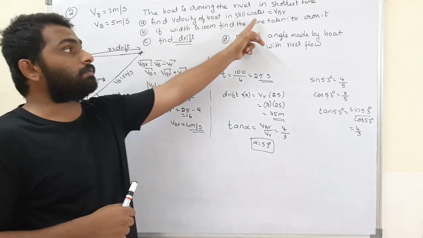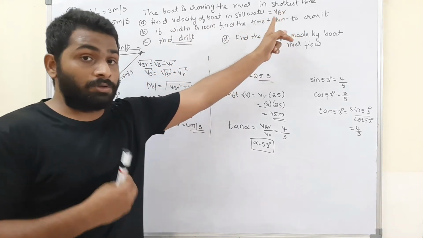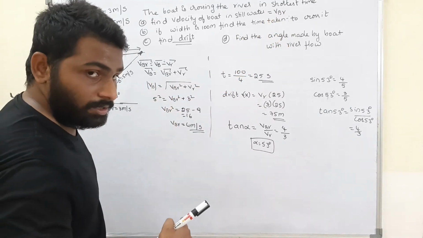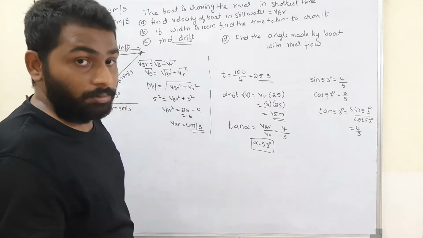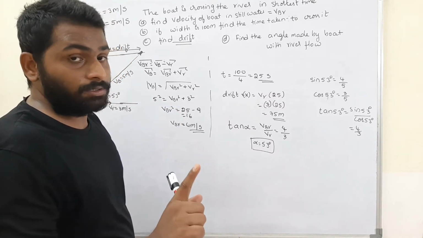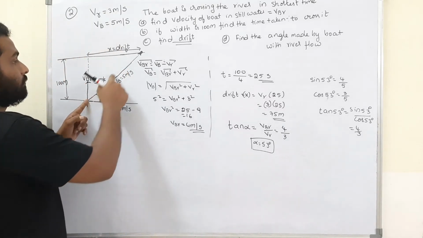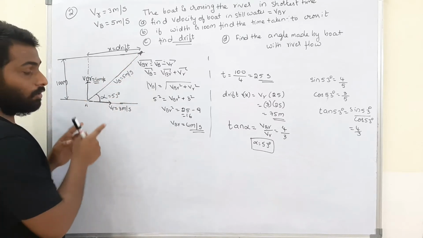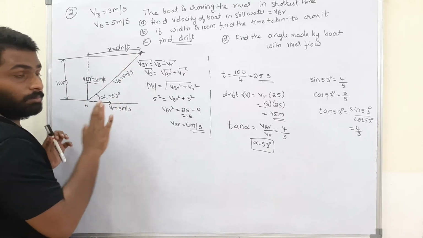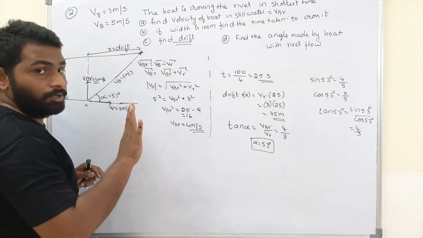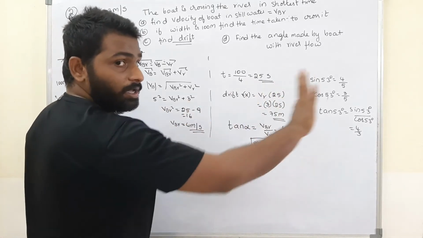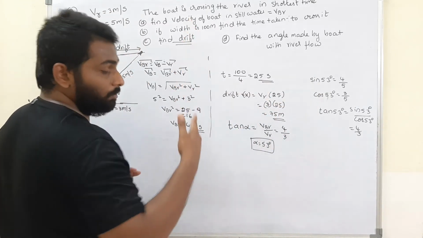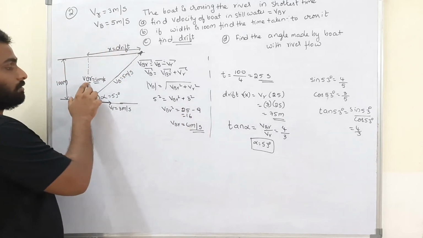First point, we have to find VBR. Now I know in shortest time, the velocity of the boat has to stay straight. If the boat is sailing straight, then it will reach in shortest time. But the path is not short. The path is this much of path. Why is it moving in this direction? Because the river water is pushing the boat in that direction. The boat is moving in that direction because of this VR, and the boat is moving upwards, that means straight vertically with this velocity.